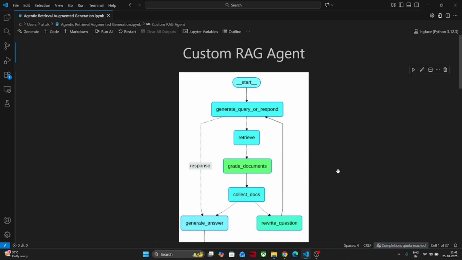Welcome fellow learners. In the last video, we explored reducer functions, what they are, how they work, and how they help manage and merge state in LangGraph workflows. In today's video, we are going to take that concept into a real-world use case by building a custom RAG agent using LangGraph. We will walk through the entire pipeline step by step, starting from data pre-processing all the way